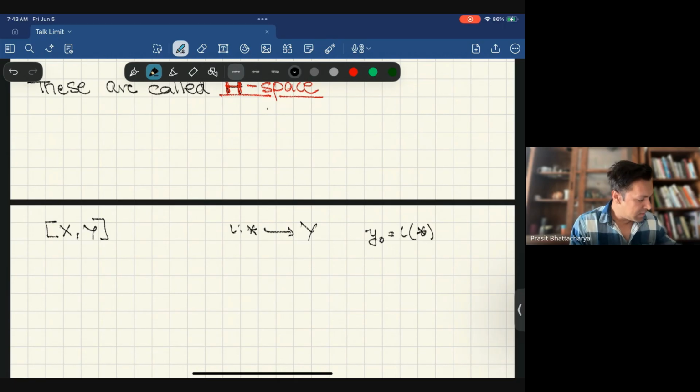So within this there is a constant map at y0. It sends every point in X to y0. This will be the unit of the monoid,